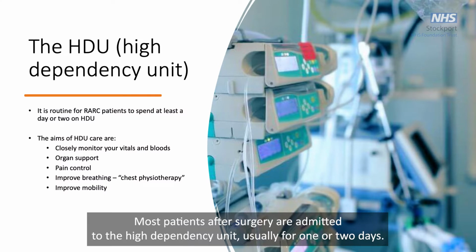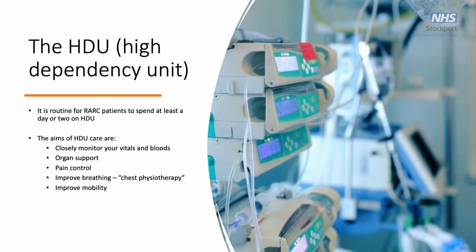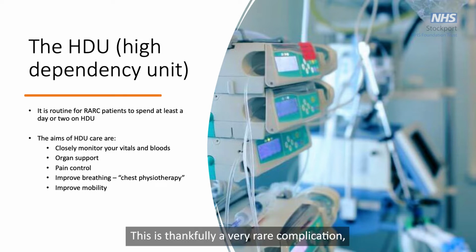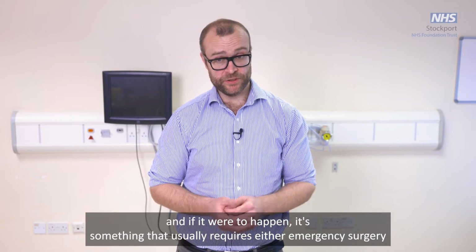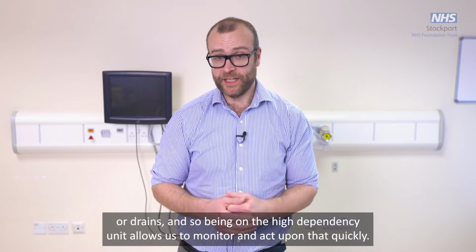Most patients after surgery are admitted to the high dependency unit, usually for 1 or 2 days. This process allows us to monitor things closely. One of the complications of surgery such as this is leaks from the joins between either your bowel and your ureters. This is thankfully a very rare complication, and if it were to happen, it's something that usually requires either emergency surgery or drains, and so being on the high dependency unit allows us to monitor and act upon that